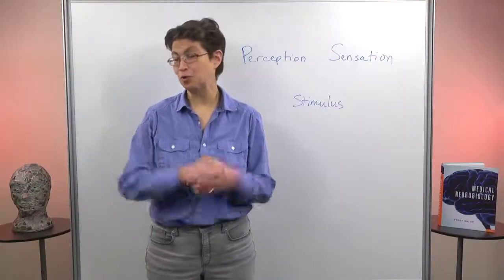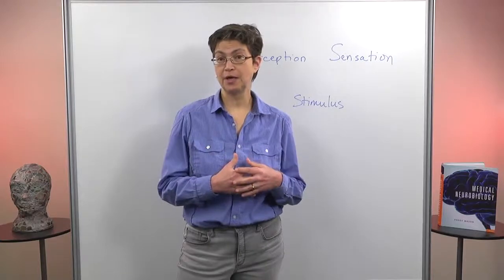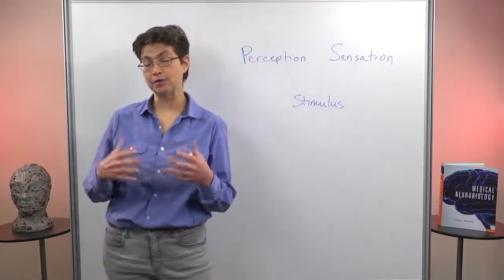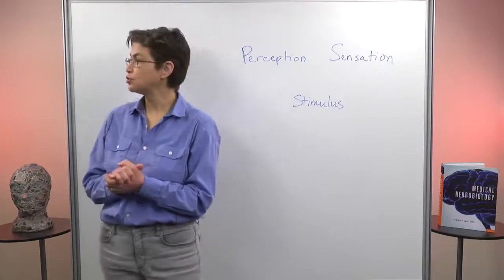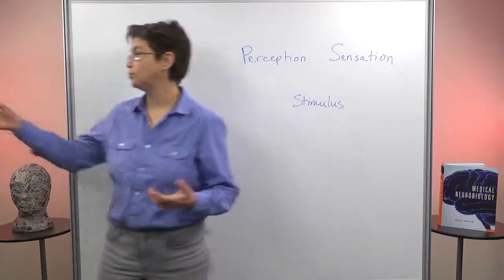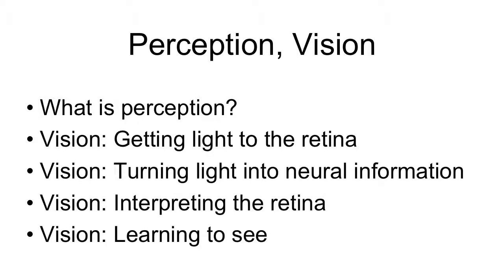Okay, in this unit we're going to talk about perception, and we're going to take two examples and look at them in more detail. We're going to take vision and hearing. But we're going to start off, and today what we'll look at is what is perception, some of the shared features of perception. Then we'll go to vision and we'll look at how the eye gets the light into the retina,